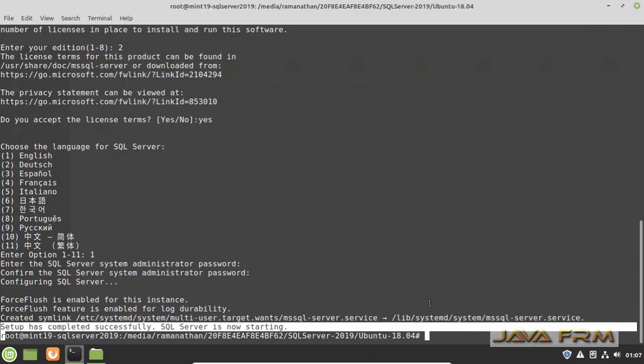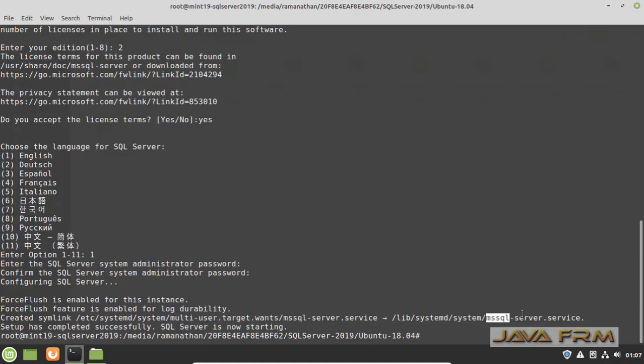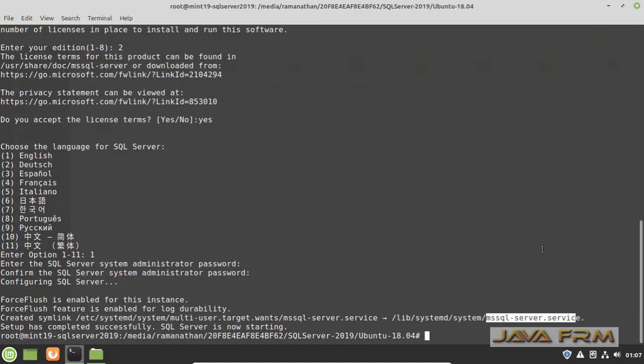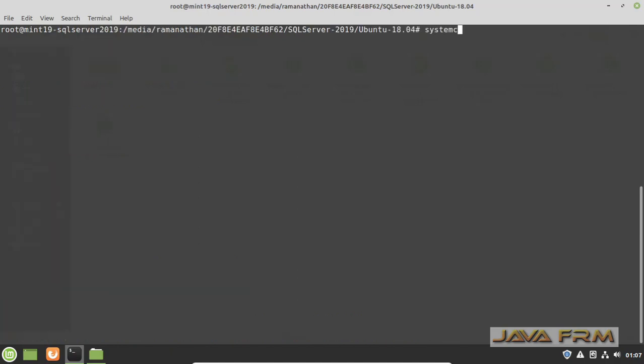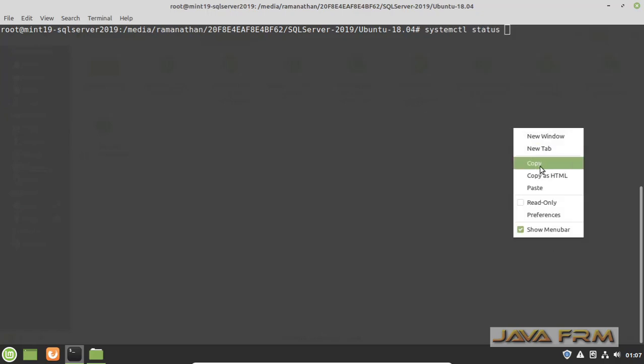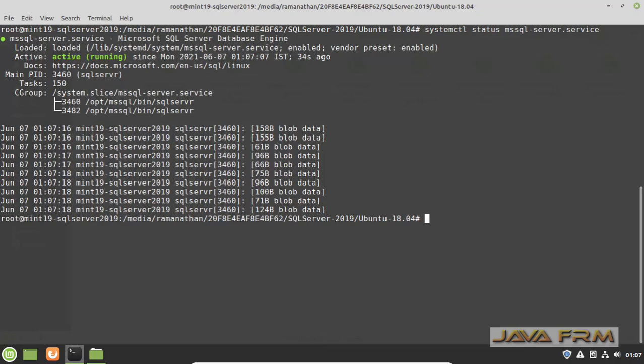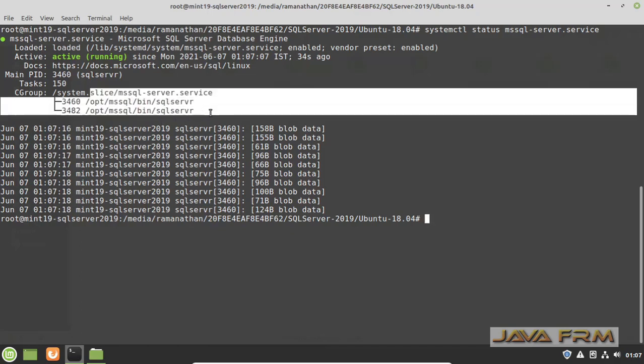You can verify this by running the systemctl status command. So you can see that the SQL Server service is up and running.